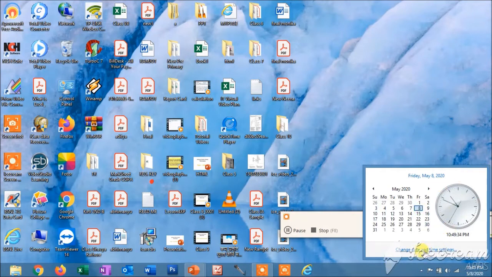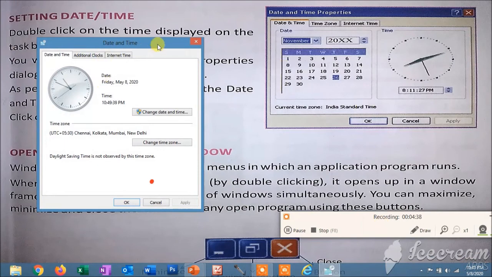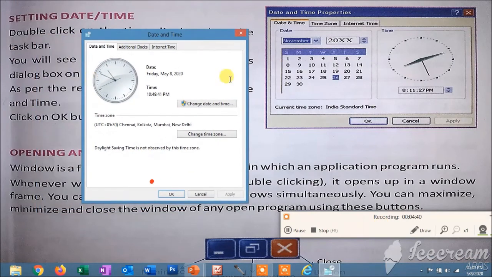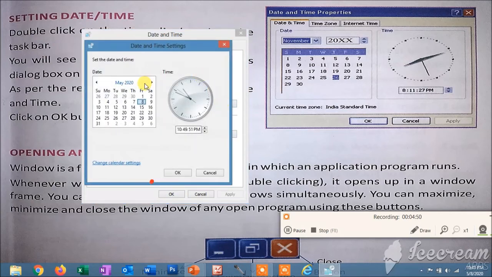You can just click on the change date and time setting option. When you click on this, a dialog box will be available on your screen. If you are Indian, you can set the time zone to Chennai, Kolkata, Mumbai and New Delhi. In case you want to change the time, with the help of this you can change the month, and this is the time you can change, and finally after applying the time you can click on the